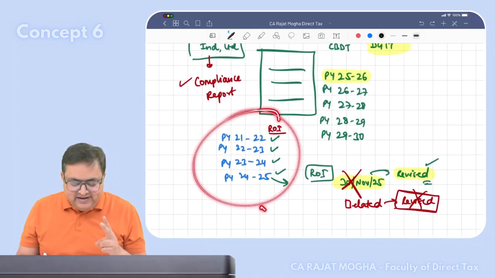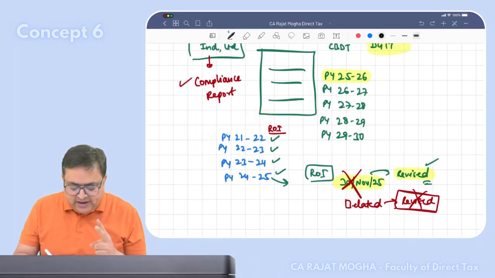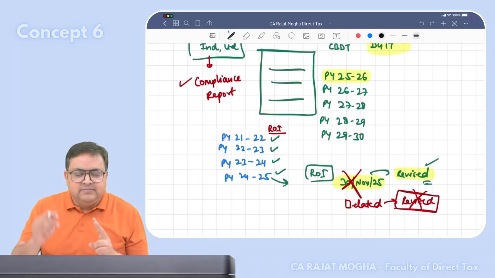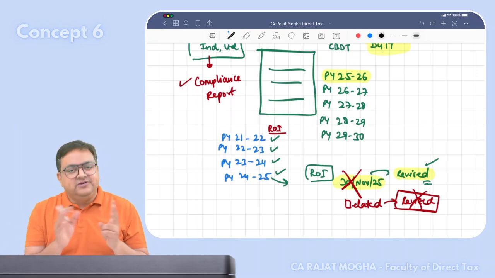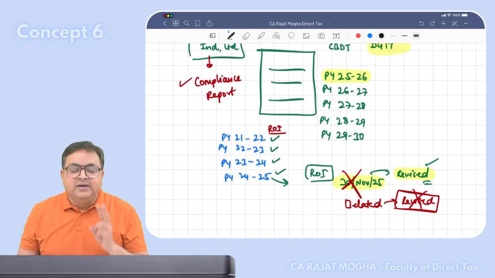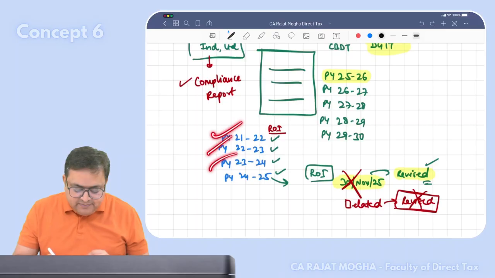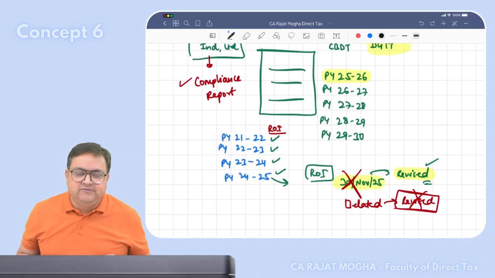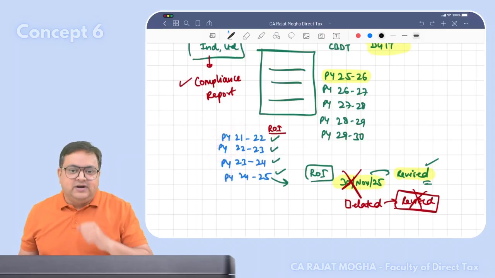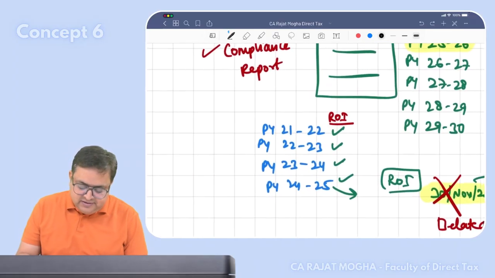Got it? Second condition, if you want to go for rollback, the return must be filed on time. If the revised return has been furnished of the original return, then it's okay, but not of belated. Third condition, the TP report should also be submitted for those years within the prescribed time. Fourth condition, let's say for